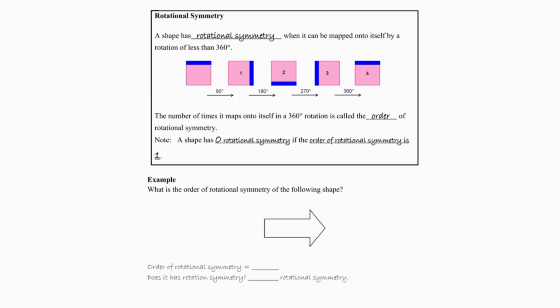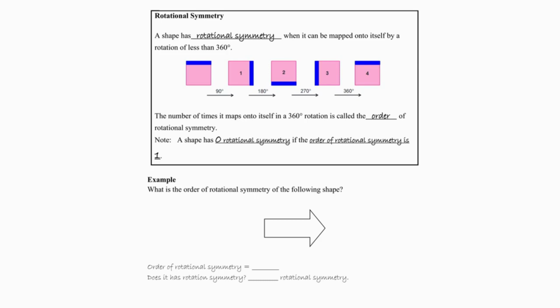Hello everyone, welcome to this video where we are exploring what we call rotational symmetry. A shape has rotational symmetry when it can be mapped onto itself by a rotation of less than 360 degrees. That means after going through 360 degrees one round, how many times it is exactly the same shape as it is. So if we are looking at a square, a pink color square,